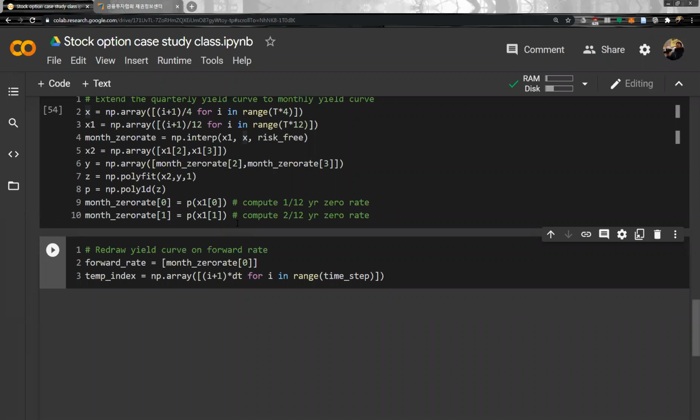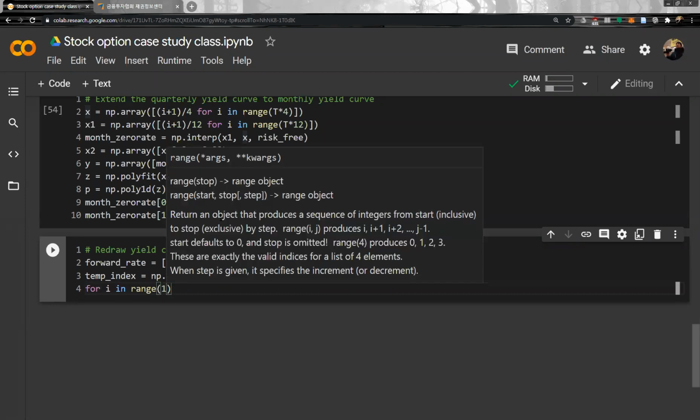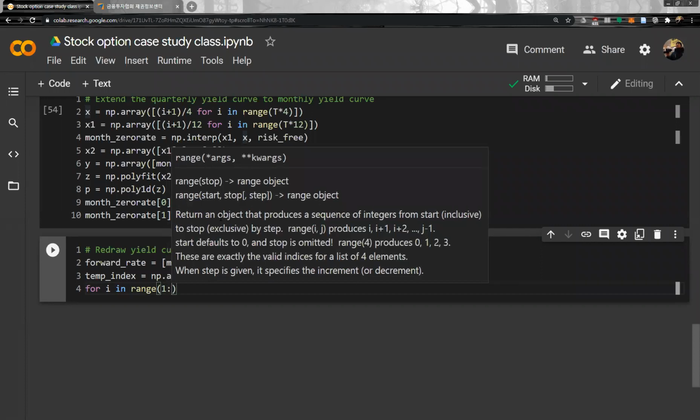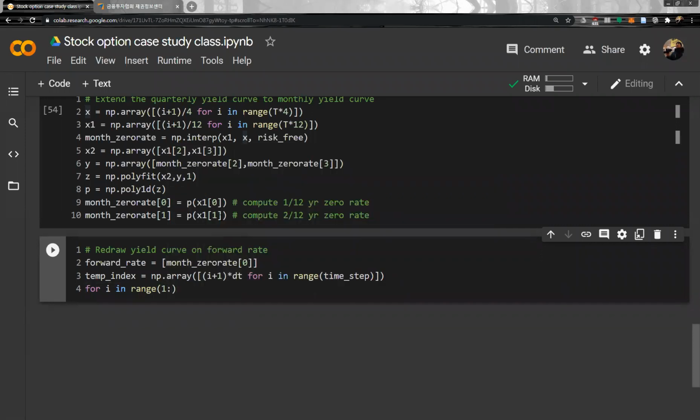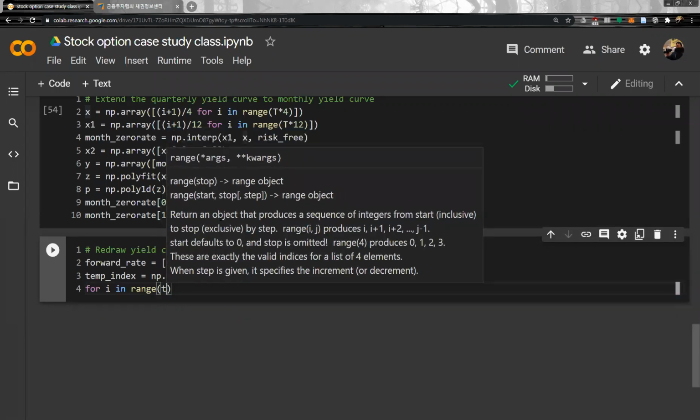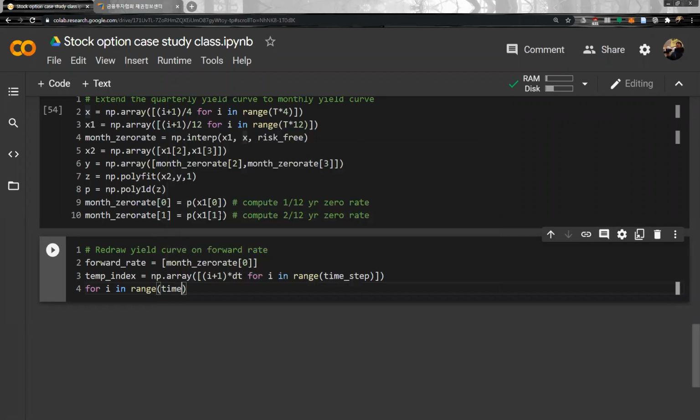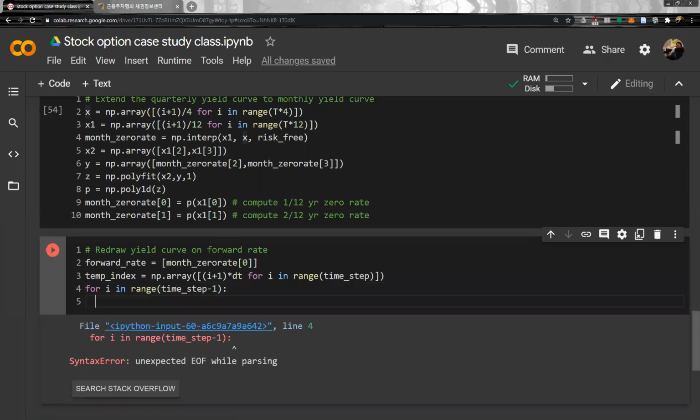And then for i in range, now we start from 1. Okay, time step minus 1, because we know the very first one. Oh, sorry, the very first one. And then